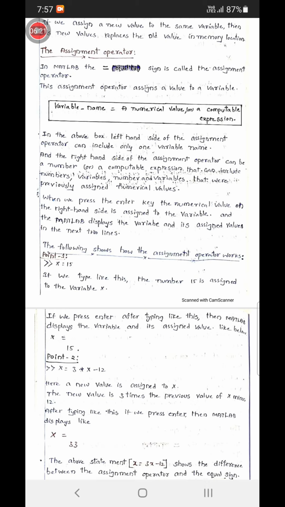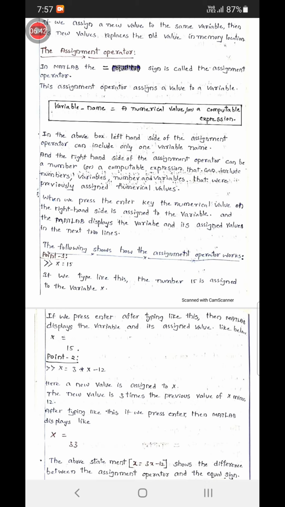And next, right of the assignment operator, we can include a numerical value or a computable expression.